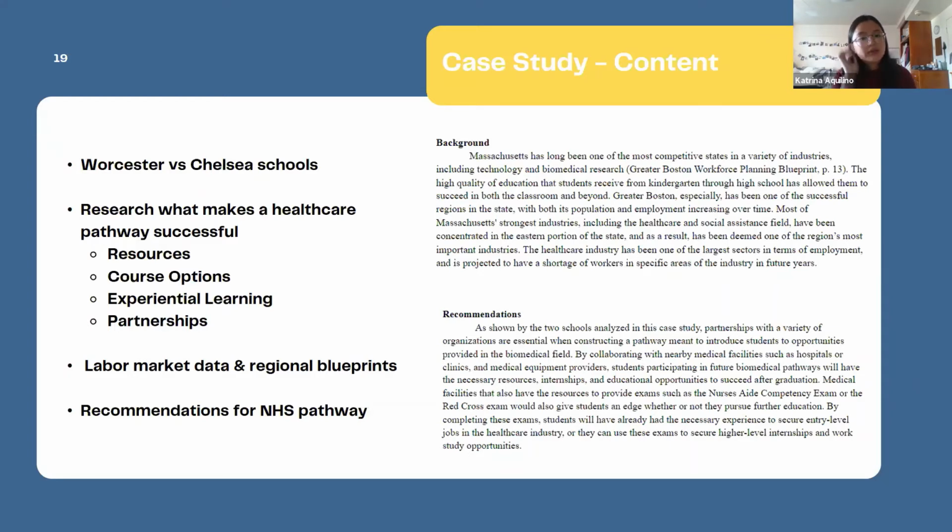And so for the content of the case study, I thought that some key points were the resources that each school offered. For instance, one of the schools allowed students to obtain CNA certifications, which I thought was really interesting. And that also ties into experiential learning, where students gain experience in the healthcare field while still being in high school. And then these schools had a lot of partnerships with various colleges or schools with medical schools,